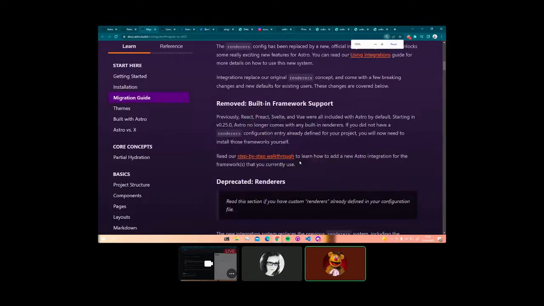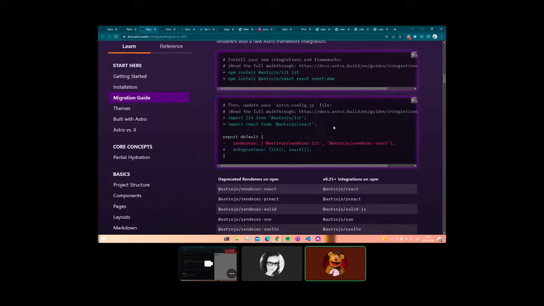And if I could just focus in on this, just to show you, all you're really doing is installing the actual renderer and any of their peer dependencies if you were to do this manually. Just using npm, pnpm, which is now supported with Astro, and Yarn, so any of your favorite package managers, just bring them in. And then within your Astro config file, what you used to have in your renderers namespace has now changed into just the actual integrations namespace,